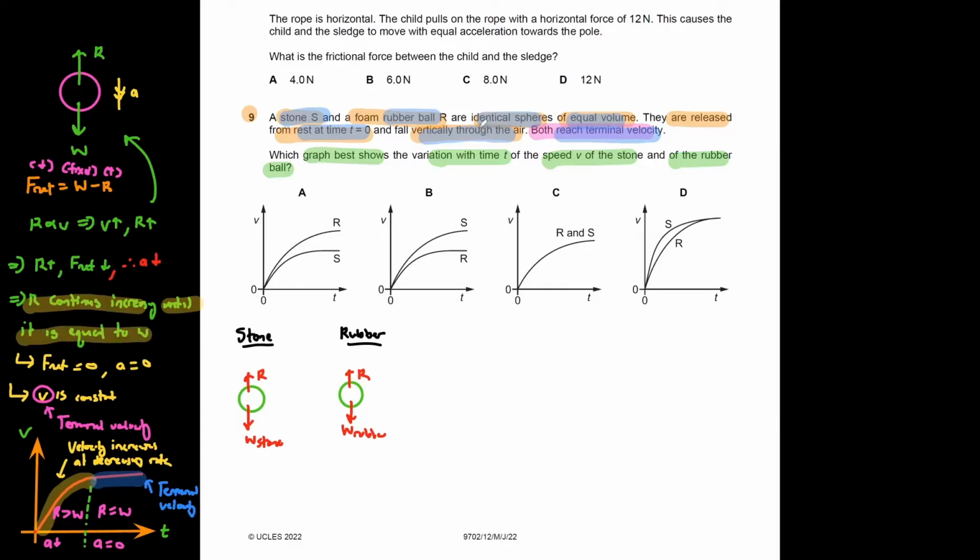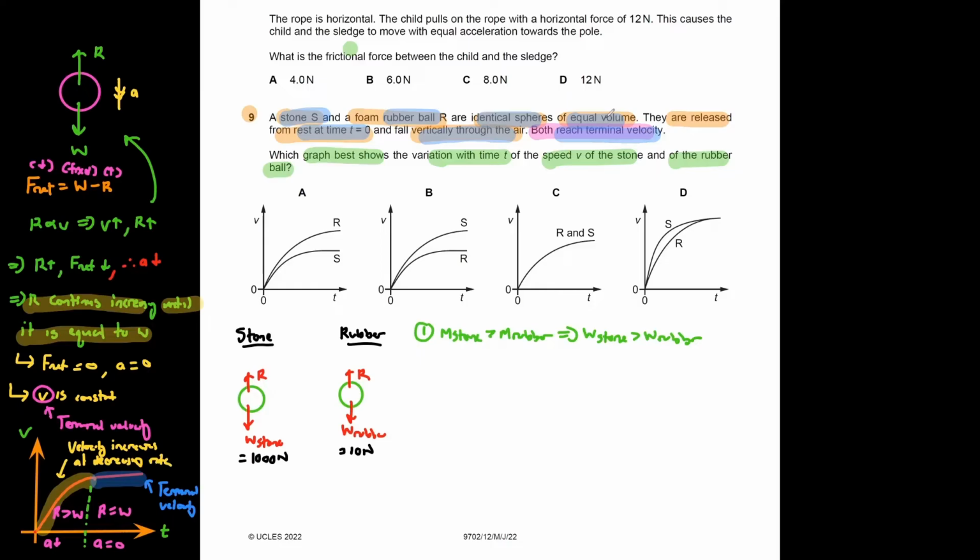Now, in the first place, is there any difference in the weight between the stone and the rubber? You can say that there actually is a difference, because the mass of the stone is more than the mass of the rubber, so the weight of the stone would be more than the weight of the rubber. So in our case, let's just give some values to the weights. I could say that the weight of the stone is maybe 1,000 Newton, and the weight of the rubber is maybe say 10 Newton. So if you talk about the time taken for air resistance to increase until it's equal to the weight,